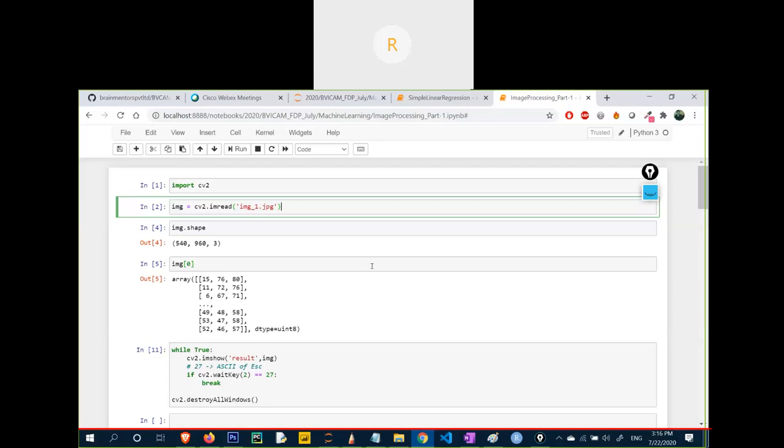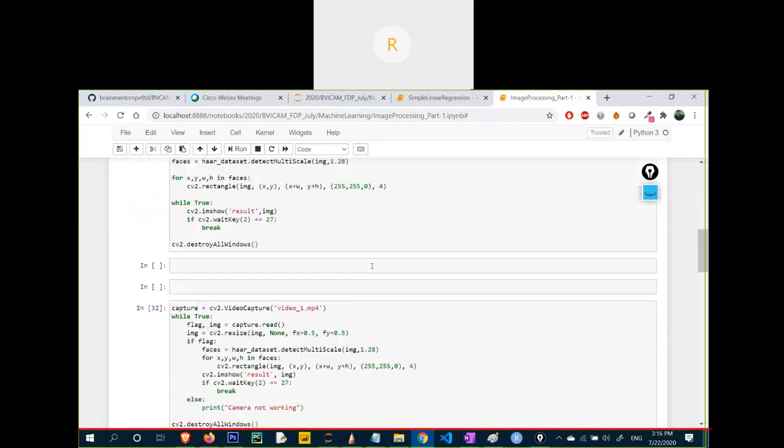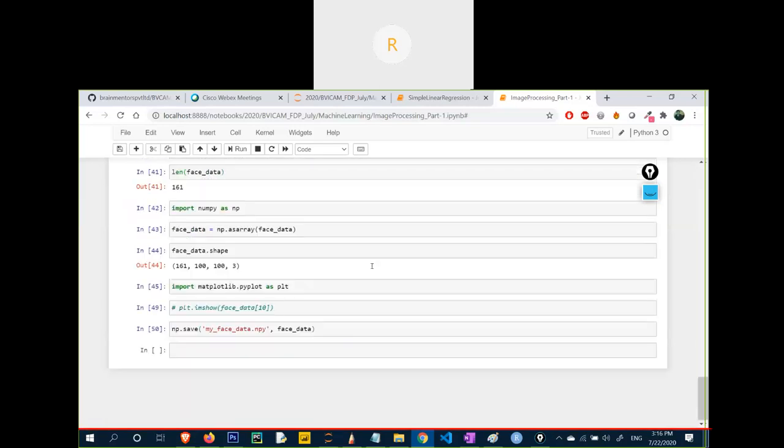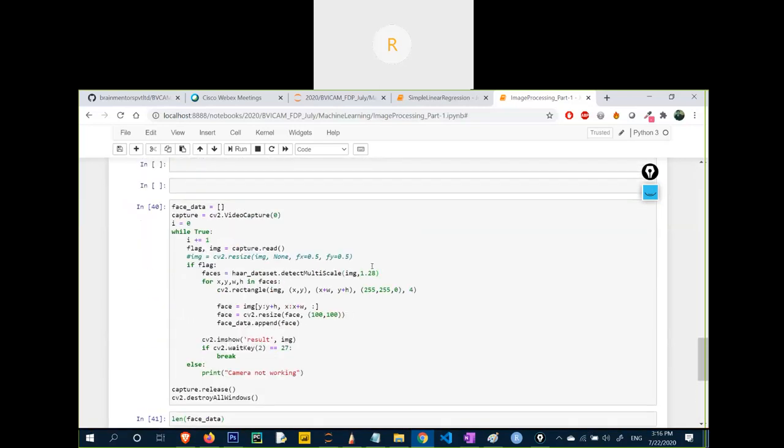So I have zoomed into my image by 120%. Or any other doubt? Anyone?